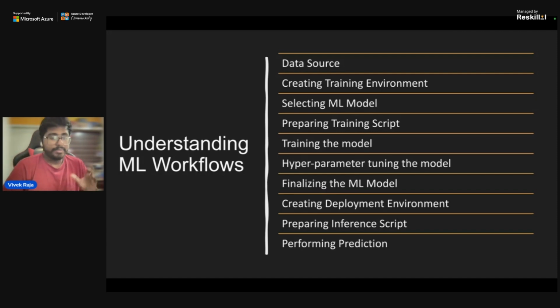So you have a machine learning model, and it might be written in C++, it might be written in Python, and even in Python, it might require a couple of libraries to be installed. If you're using deep learning, you might be using PyTorch or TensorFlow or Keras or whatever it is. So there are a lot of frameworks and libraries associated with it, which means when you want to train your model, you want those library dependencies to exist on the same machine or the compute that you're using.